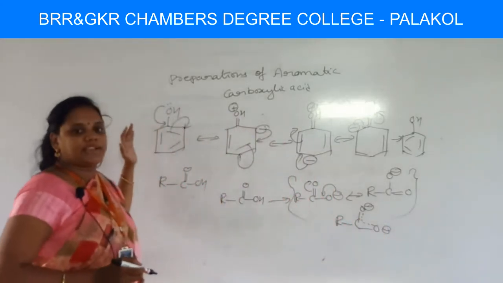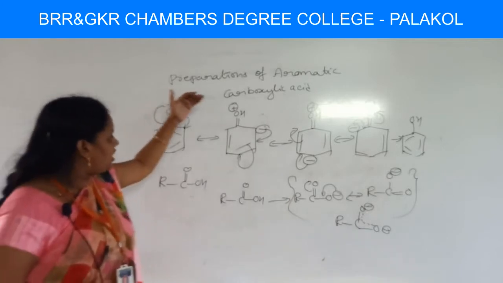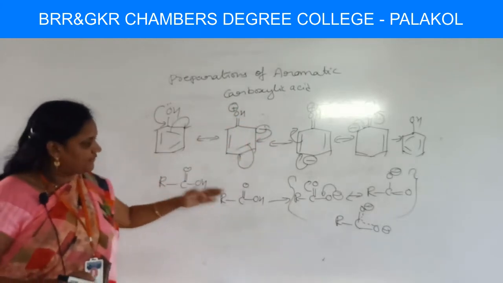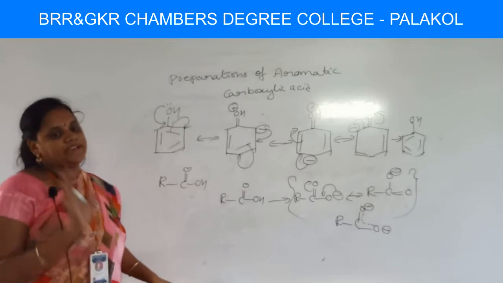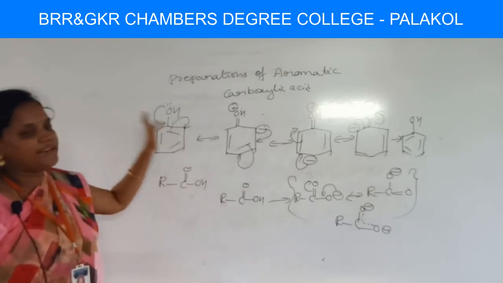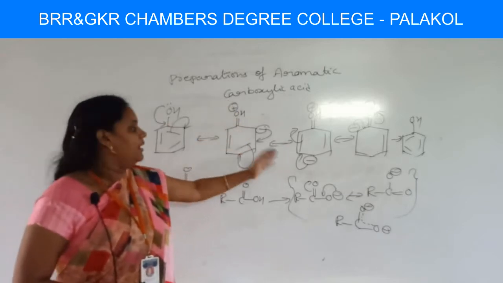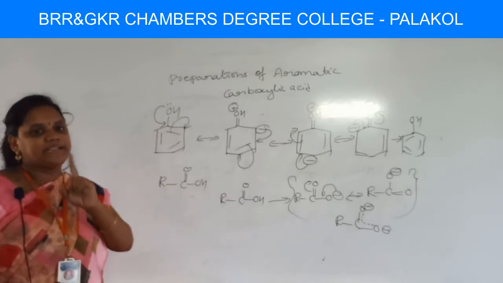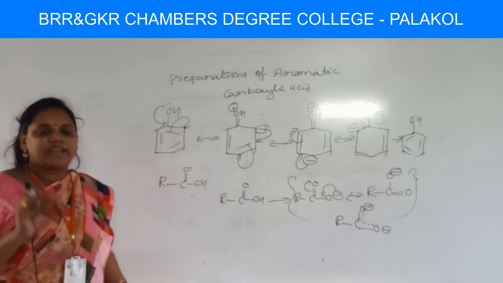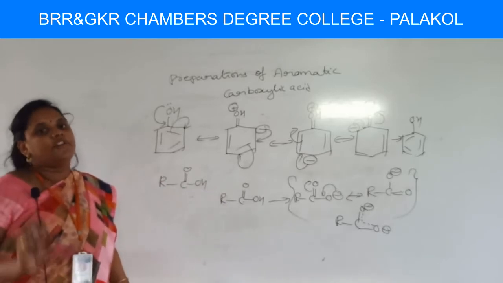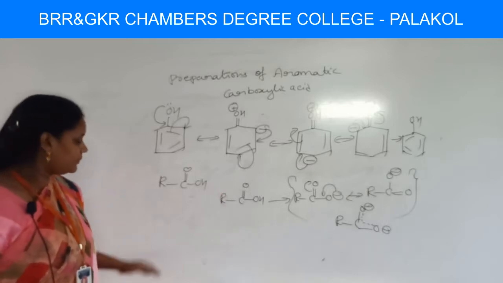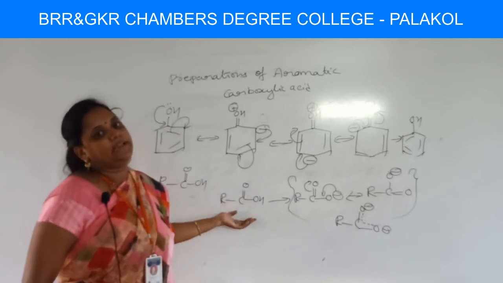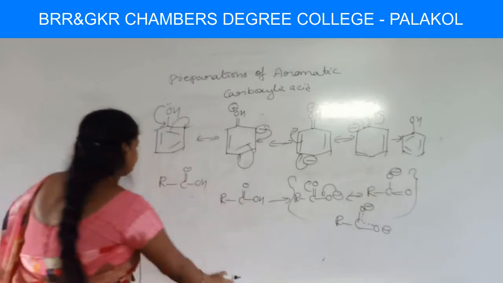If you observe the structures of phenol, you have both positive and negative charge in the case of phenols. Whereas if you observe the structures of carboxylate ions, you have only minus charge. I mean in phenol there is a charge separation of plus and minus, whereas in acid there is no charge separation. We are getting only a single charge in the resonance stabilized structures of carboxylate ion. That's why carboxylic acids are stronger and more acidic than phenol. Okay.